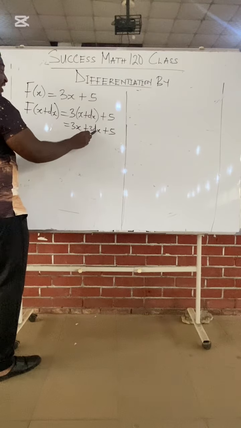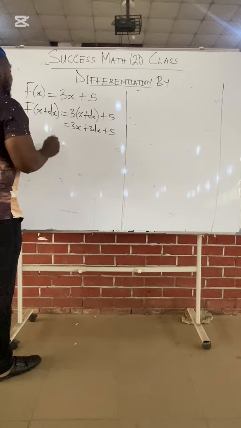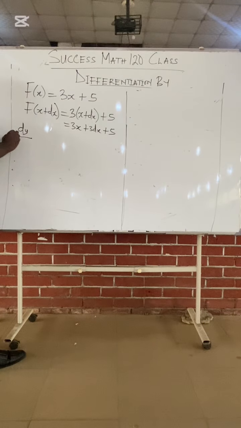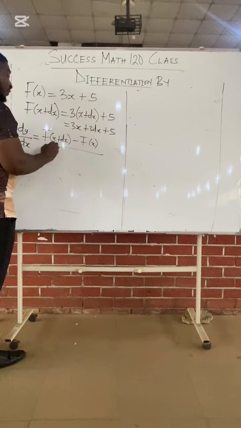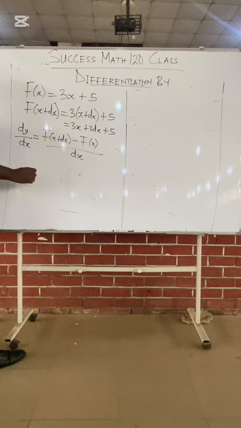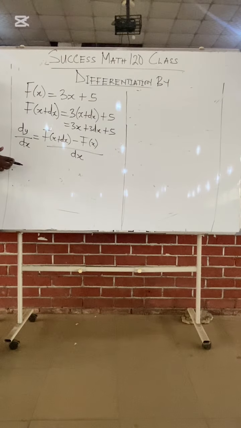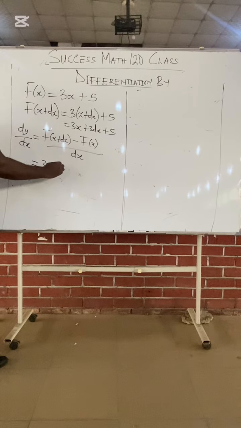3x plus 3dx plus 5. Now, what's the formula for first principle? F of x plus dx minus f of x, all over dx. Class, it is easy to just memorize this one formula or memorize the 5 steps. This is easier, right? So what's f of x plus dx? 3x plus